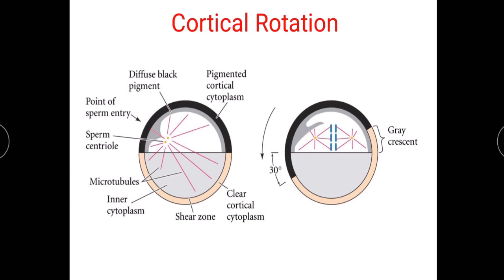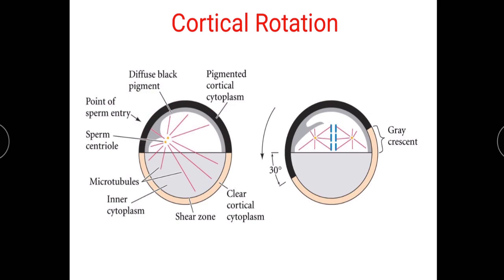So let's have a revision of what we learned in the last lecture. This is the sperm entry point. After sperm entry there is this cortical rotation. Remember, we are revising this slide because this is one of the most important procedures, essential for the upcoming events, means in a cascade of events or the ultimate molecular mechanism which is responsible for embryonic induction, and that's why this cortical rotation is very important.